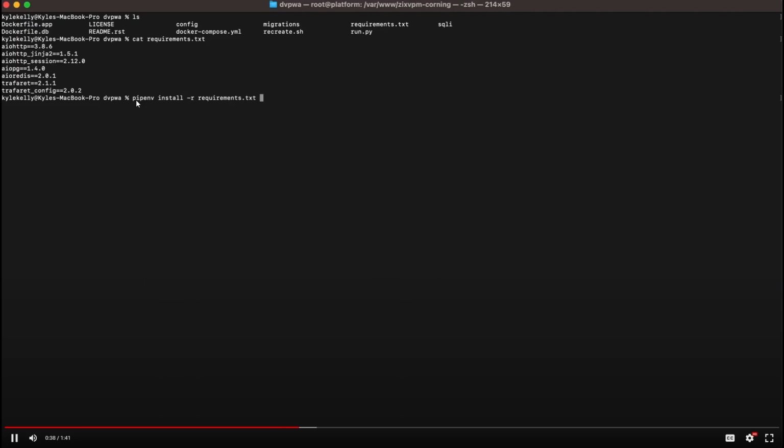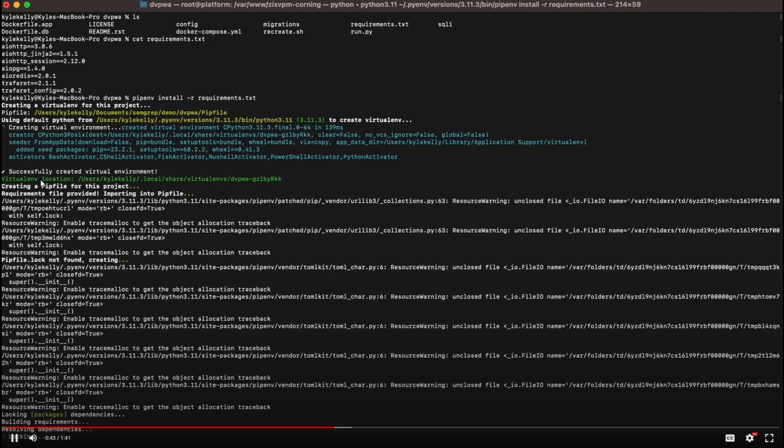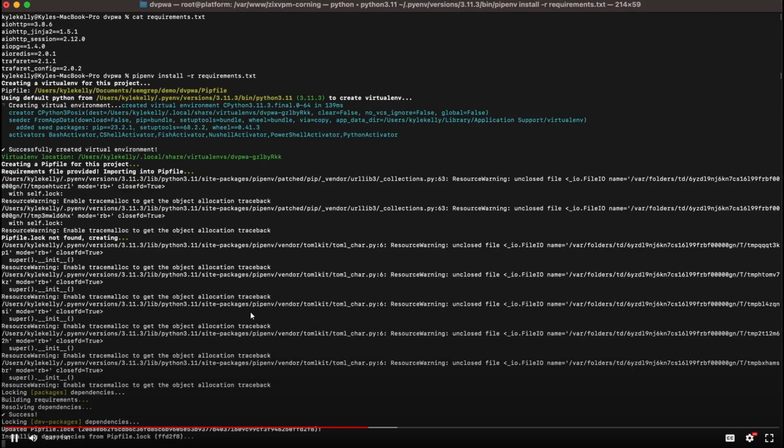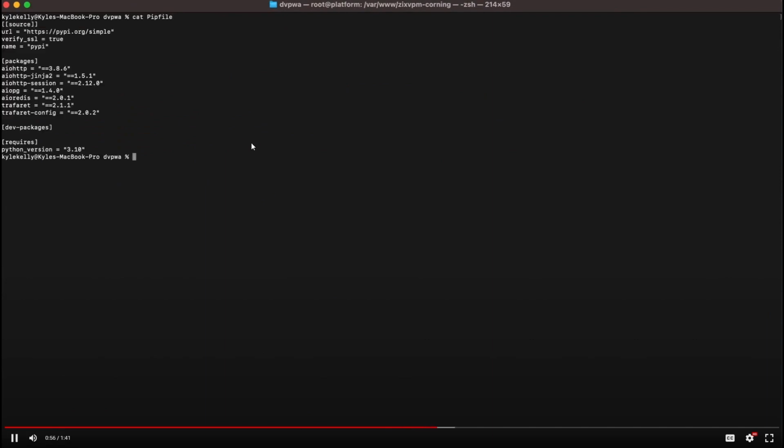So now I'm going to show using pipenv to create a virtual environment, and then I'm going to install all the dependencies from the requirements.txt file. So it created the virtual environment for this directory, and now it's going ahead and installing the dependencies, and then it's going to lock the dependencies, meaning it's going to lock what version and also provide a hash for assurance and things like that. But before we get into that, now we have a requirements.txt file, but we also have a Pipfile,